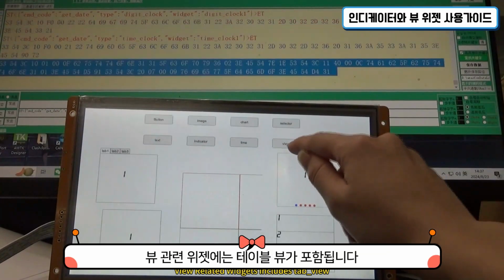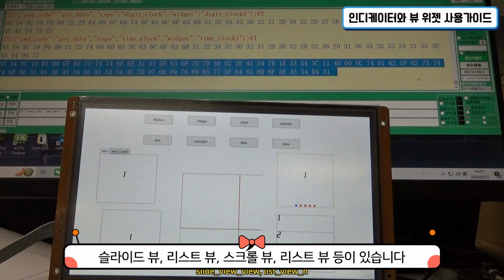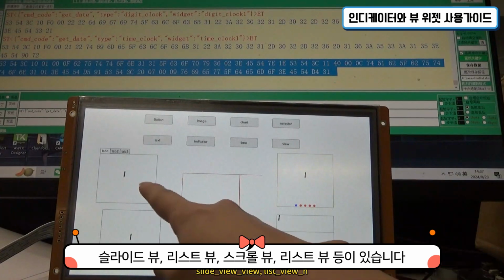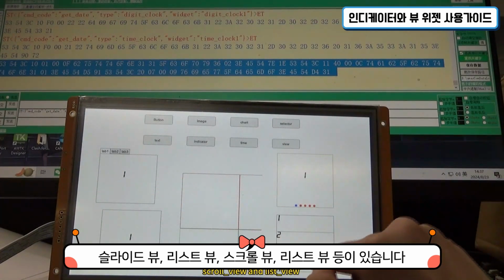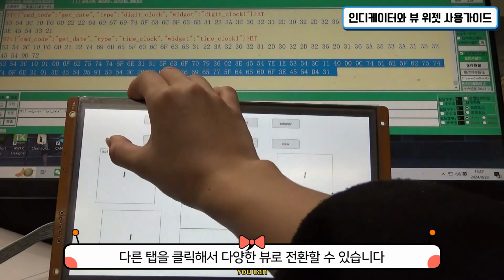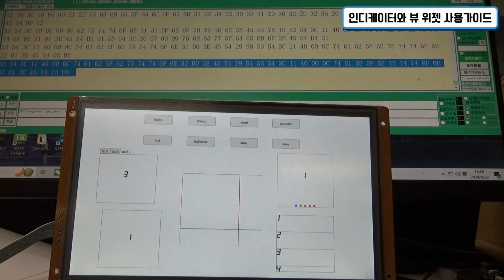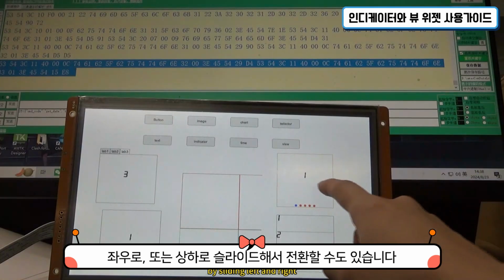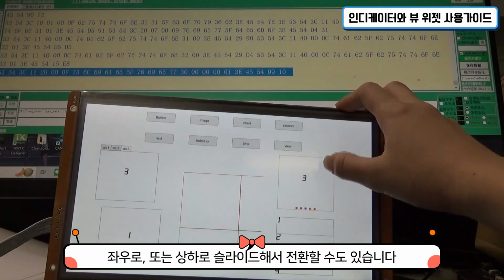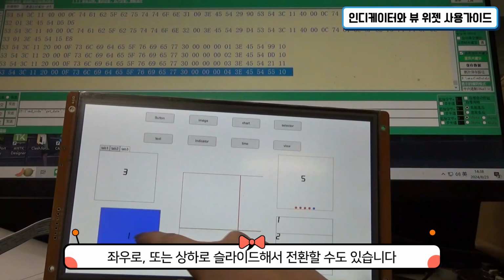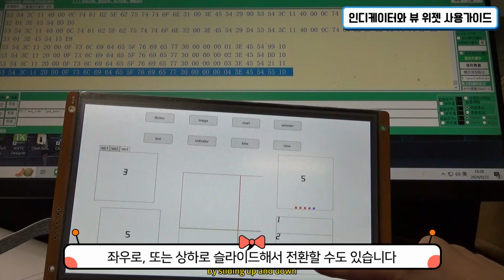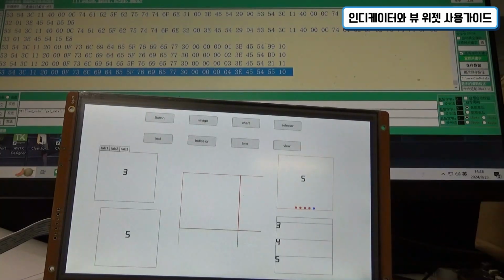View-related widgets include Tab View, Slide View, List View H, Scroll View, and List View. You can switch different views by clicking different tabs, by sliding left and right, by sliding up and down,